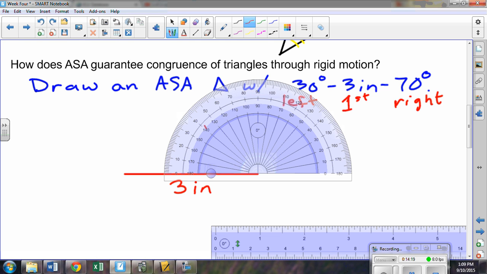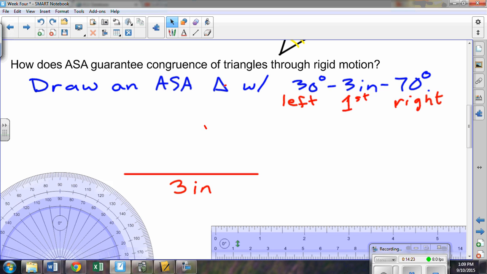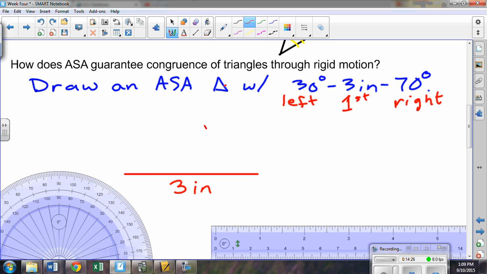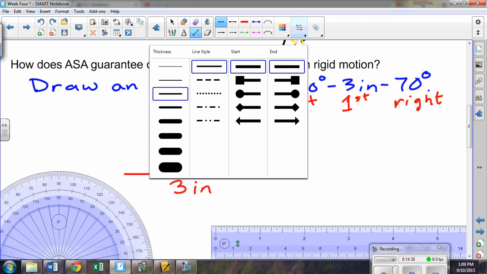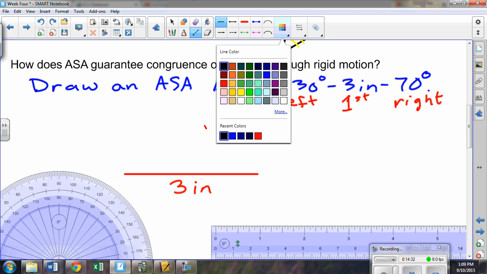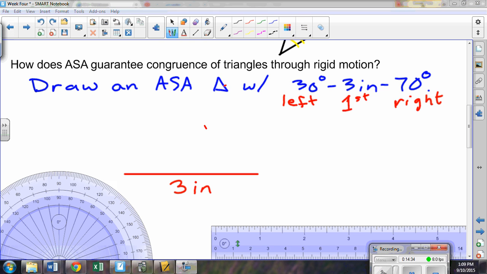And so my 70 is here. And then I can move this stuff out of the way. Now, here's one of the challenges that we face. One of the parts that we have a challenge with is recognizing,